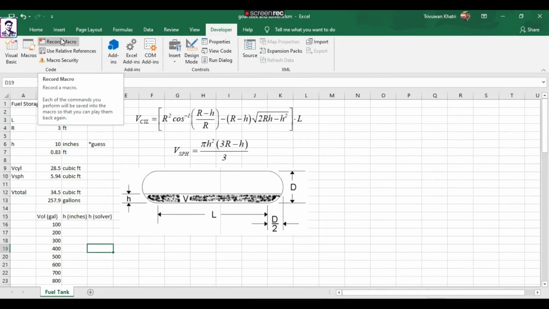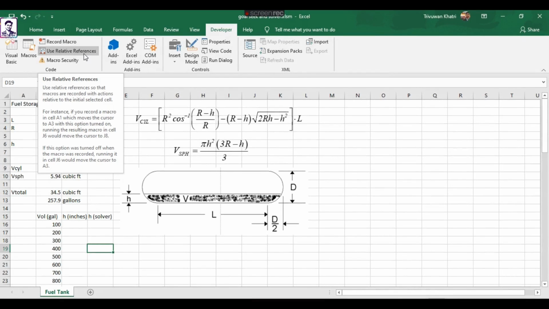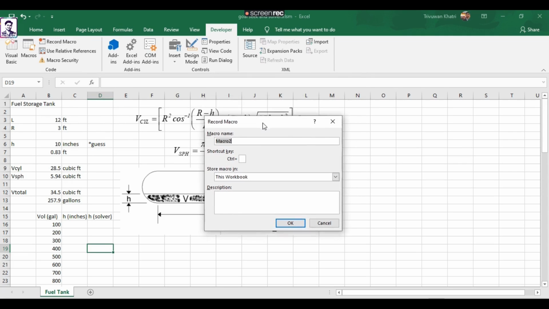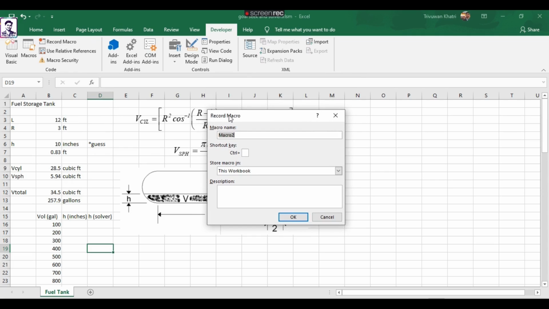There are two kinds of recording. One is recording with relative referencing and the other is recording with absolute referencing. In our case, we'll stick to the absolute referencing because for each set of iterations, or every time we run that particular macro, we want that particular cell to be highlighted, which is why we have selected absolute referencing here. We record the macro,